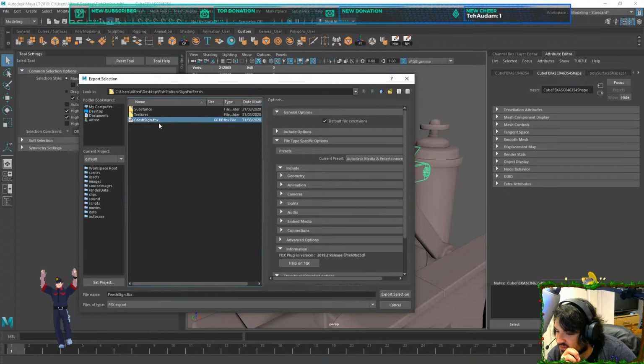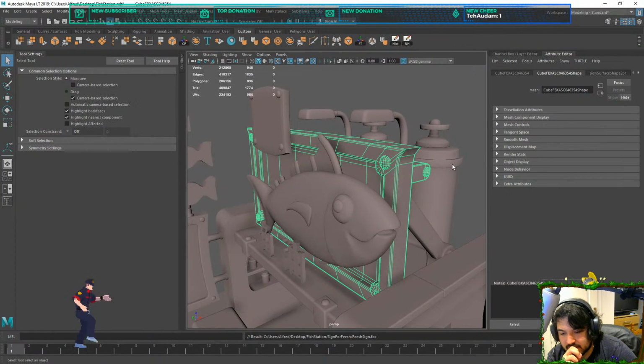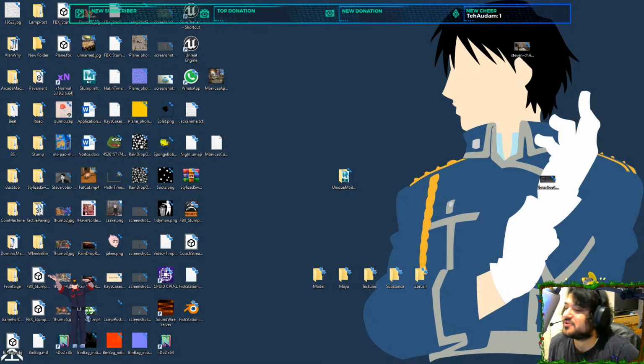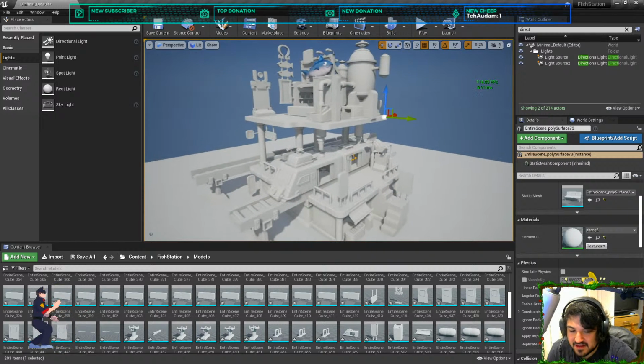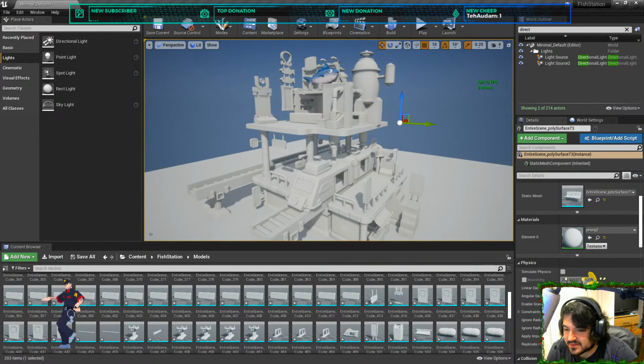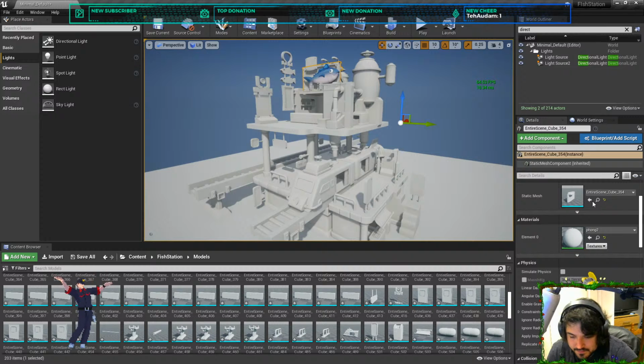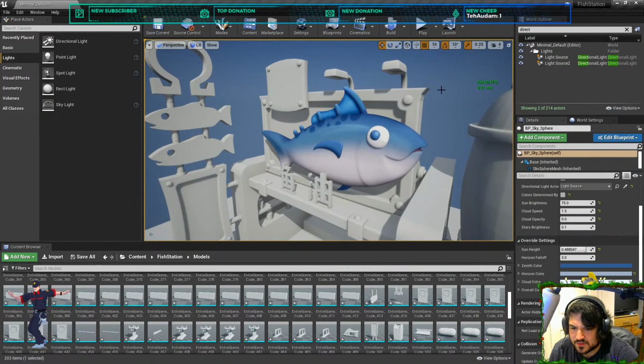Sign for fish sign. Yes, we'll save that. I kind of want to re-import it. Now, because I dragged everything in at once into Unreal, they've all got really funky names, just the entire scene with a code underneath it. So if I come up here and find the exact name, I could spend time actually naming all of it after I finish the project, but right now it doesn't matter too much. Okay, Unreal. There you go.